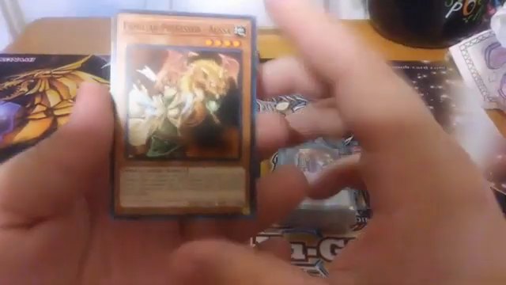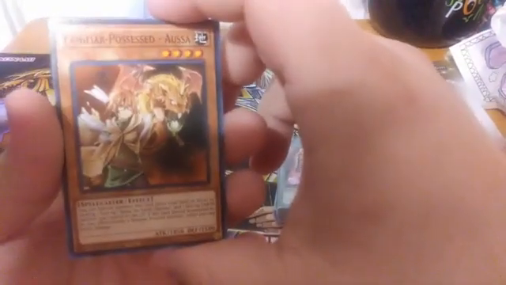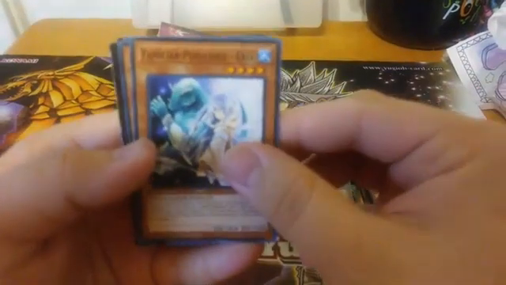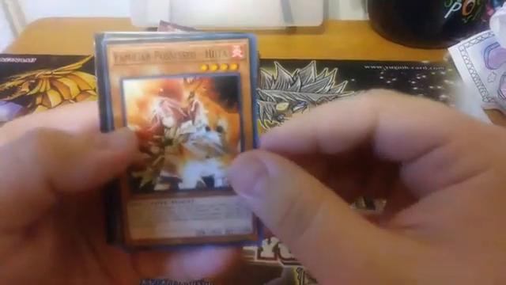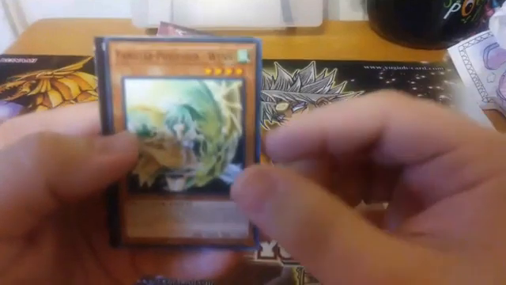Then we get into our familiar arts. So we have Familiar Possessed Asua, Familiar Possessed Area, Familiar Possessed Hita, Familiar Possessed Win,